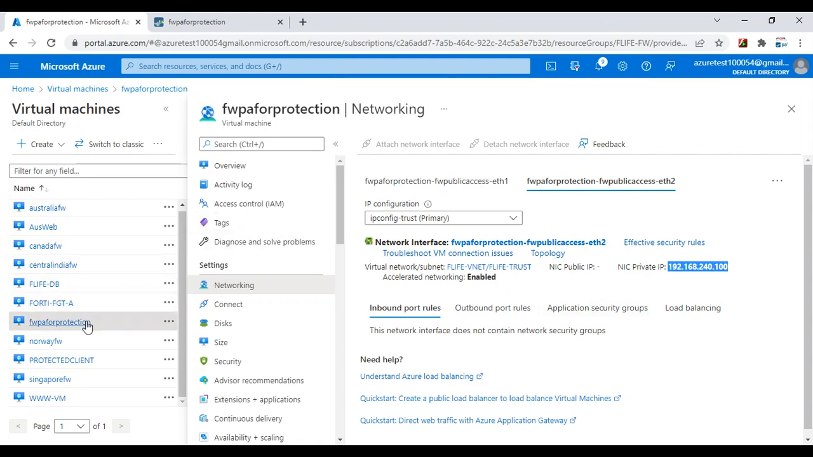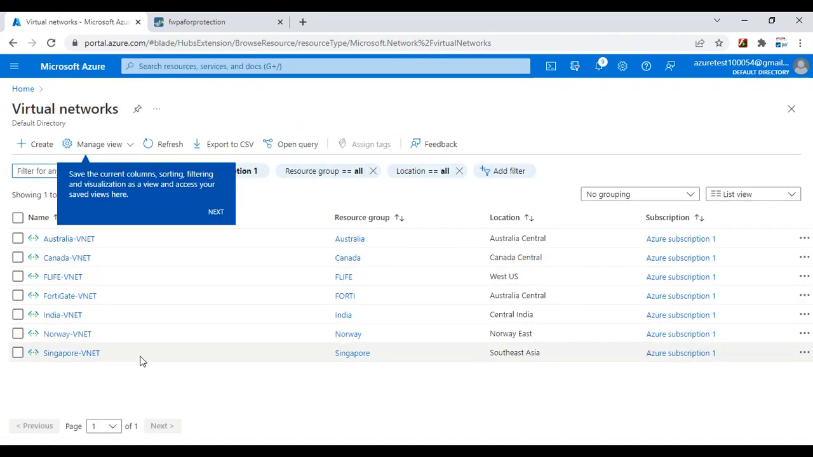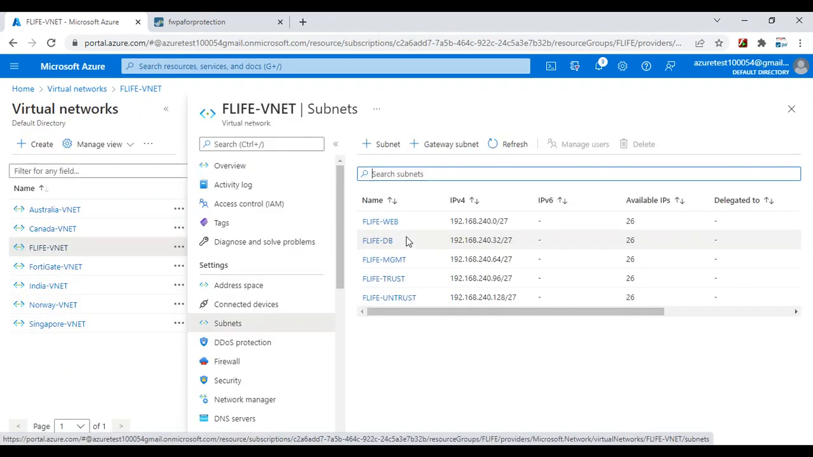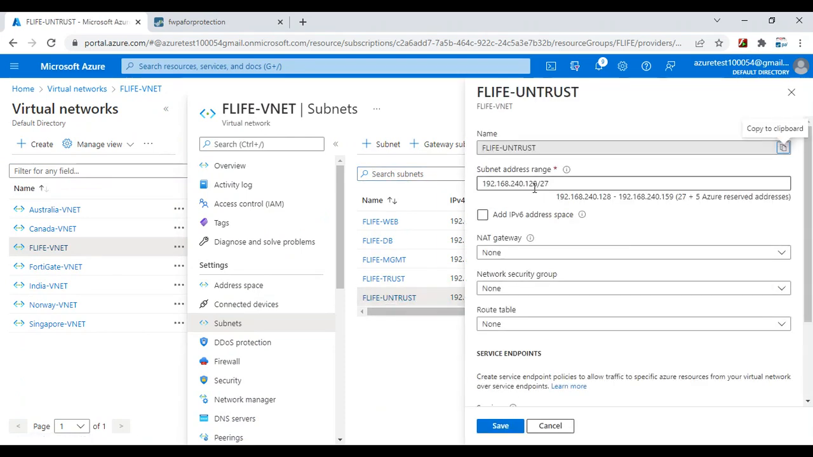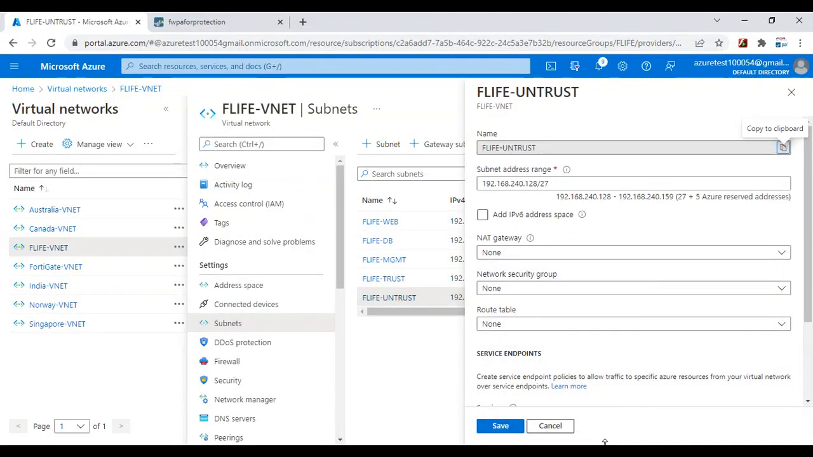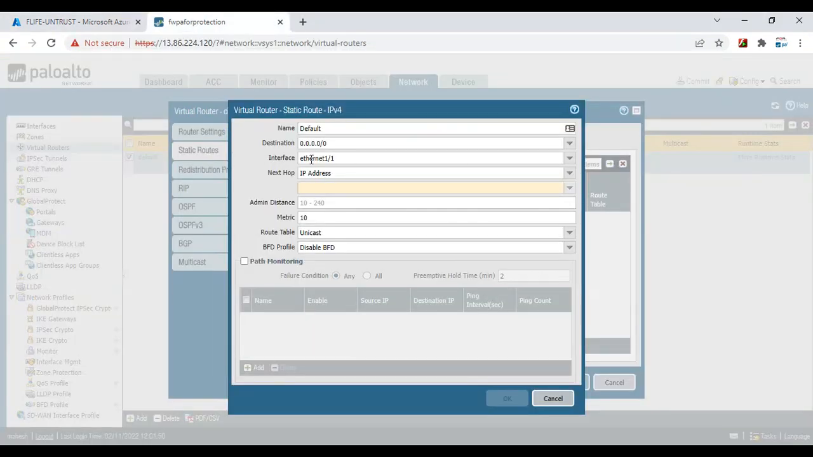So in this scenario, let me go to virtual networks, and here let's go to the virtual network, and let me go to subnets, and here this is our untrust subnet. In this untrust subnet, our IP address range starts at 192.168.240.128. So that means our default router or the default gateway IP address should be 129. Okay. So let me check my firewall window again. No, this is not the one. This is the firewall window. You can see the ping is not working. So let me go to the firewall and enter the next hop or the default gateway